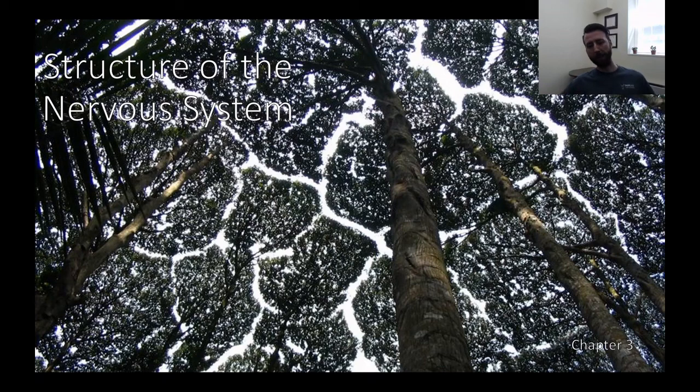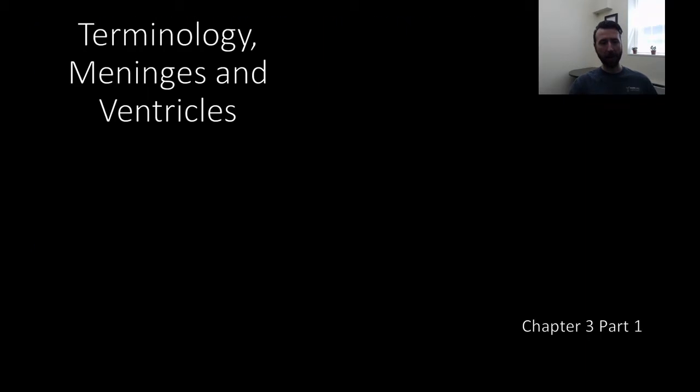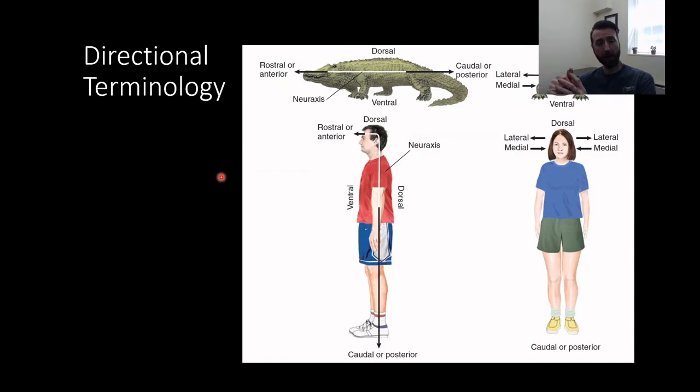Hey everyone, welcome to Chapter 3, our discussion of the structure and function of the nervous system. So we're talking about some neuroanatomy this week. First up, let's talk about some general terminology we'll be using throughout the unit, as well as the meninges and the ventricle. Okay, so I'm going to go over some general terms that I'm going to be using throughout this